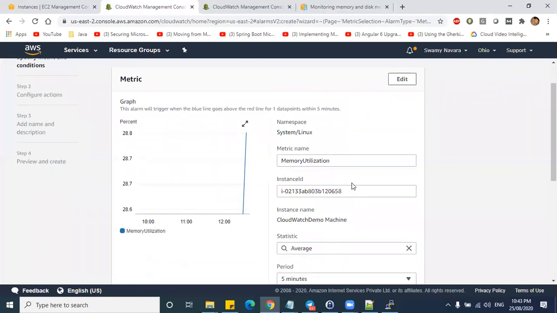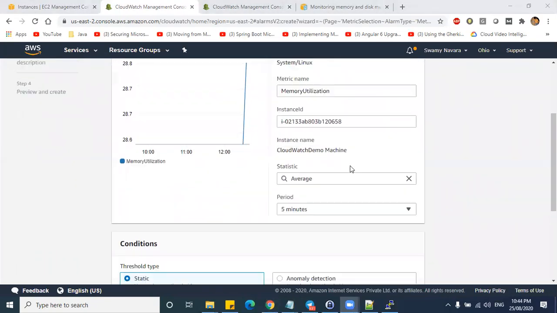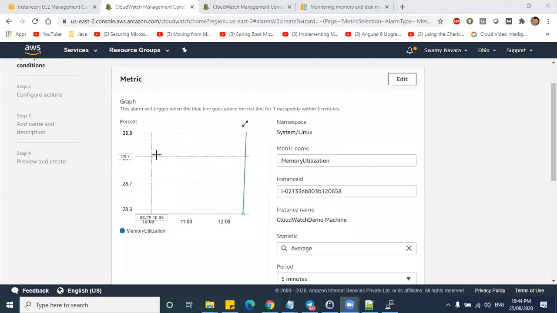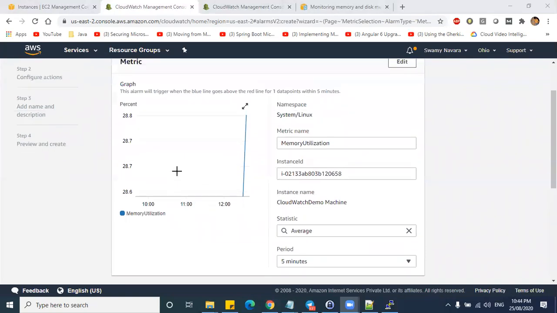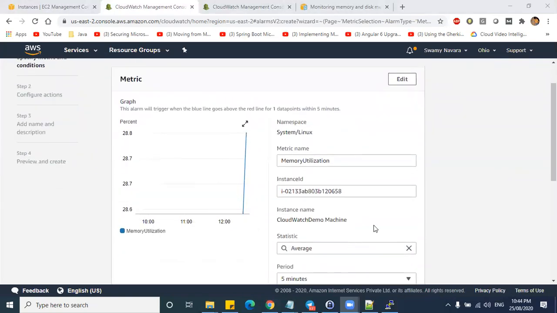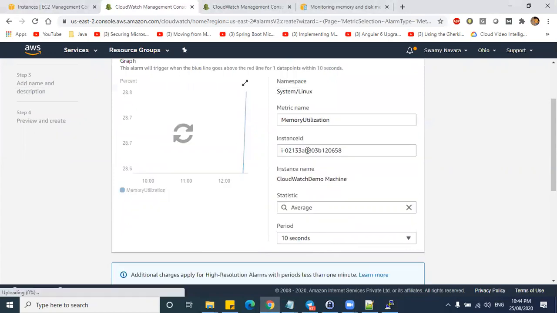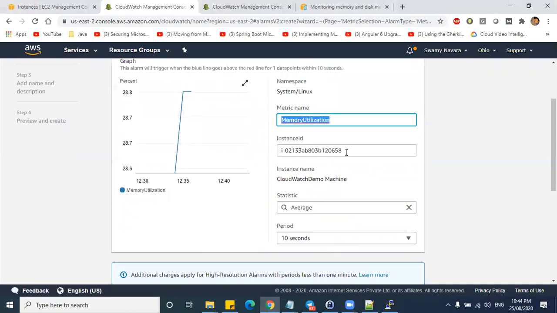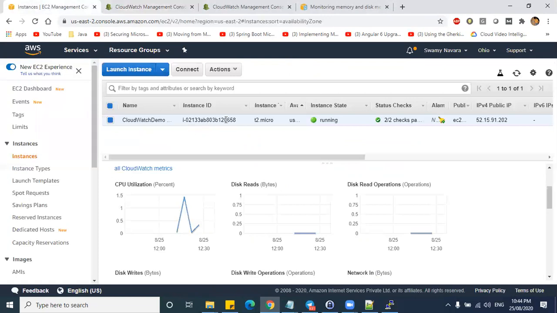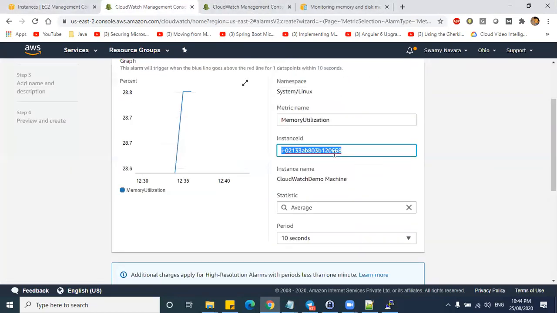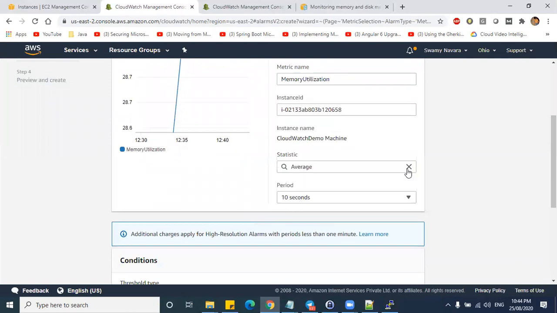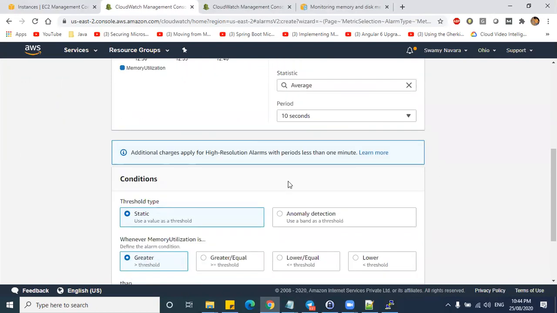Say for example, in auto scaling group we have seen, right, while setting the rules for dynamic scaling, whenever a rule or a threshold is reached, then you need to perform some action, right? Similarly here, what we are checking is memory utilization. This is the instance ID, if you see here, it is 658. We are checking the average as a statistic, and the period I'm just giving 10 seconds because we don't want to waste time waiting on it.